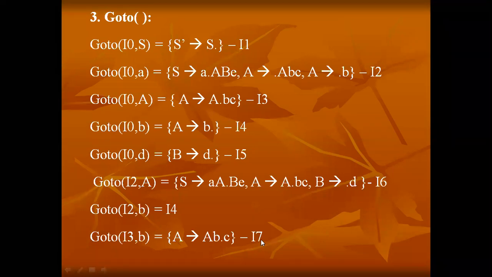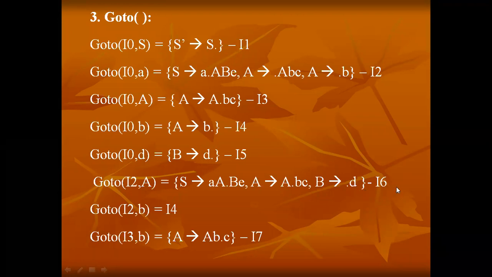Now in I3 there are no more production rules to be processed. Only we're having one rule. By calling the goto function, I done the processing for that I3 with a B. And check in the I4. I4 is completed. Nothing is there to be processed in item number 4. And check in I5, nothing is there to be processed in item number 5. Why? Because at the right hand side of the rule the dot is ended. There are no more rules in the RHS. And here also the dot is ended. Nothing is there to be processed here. So these two are completed, so no need to process again and again I4 and I5.